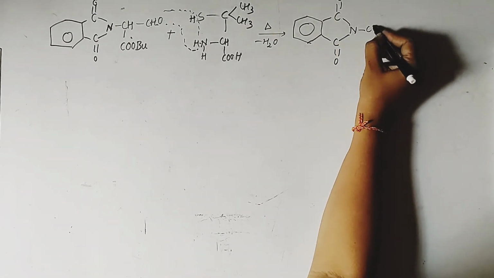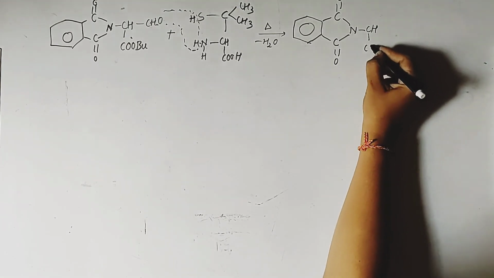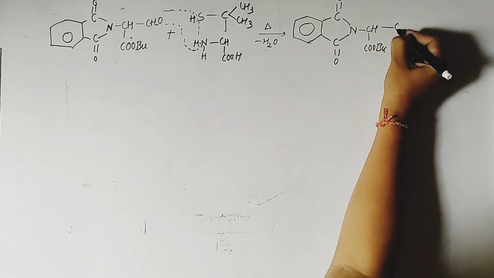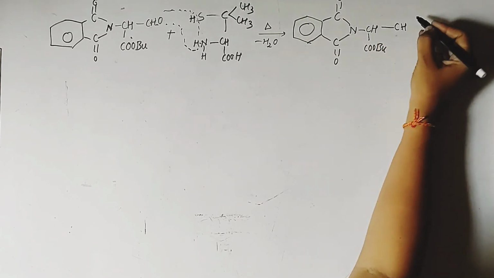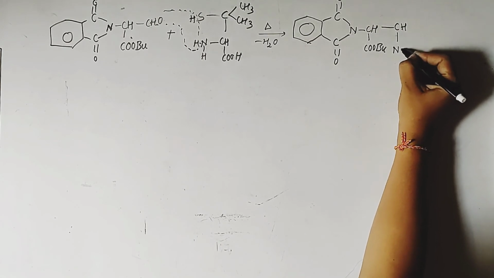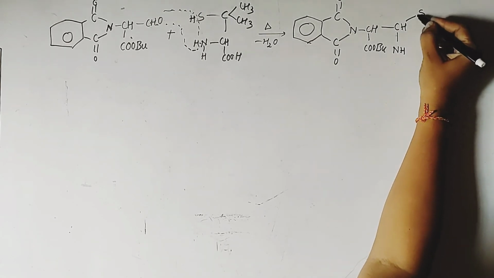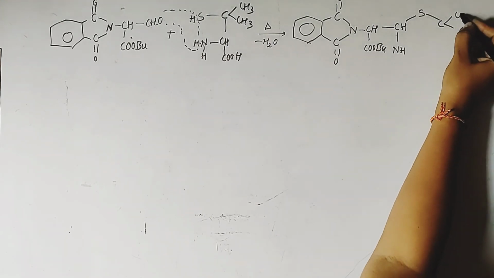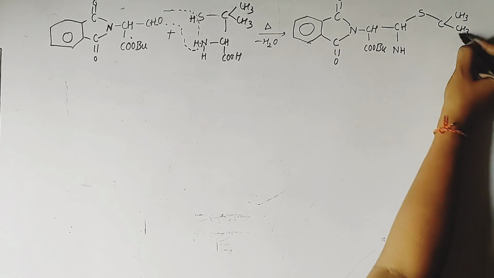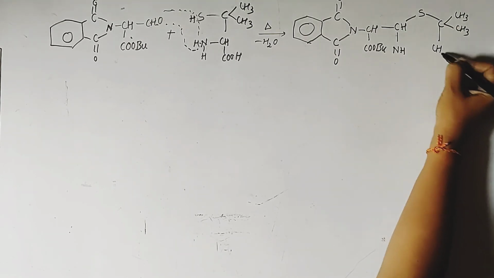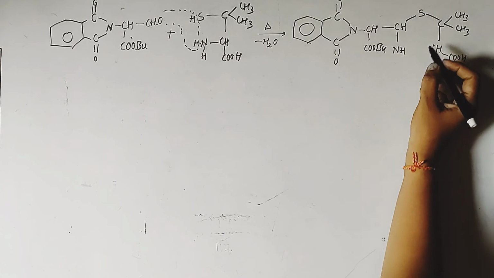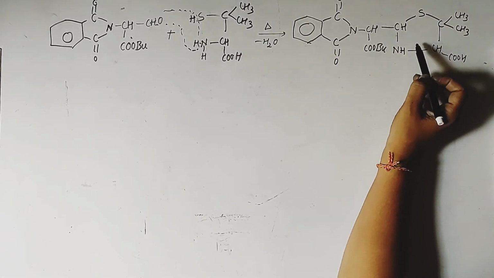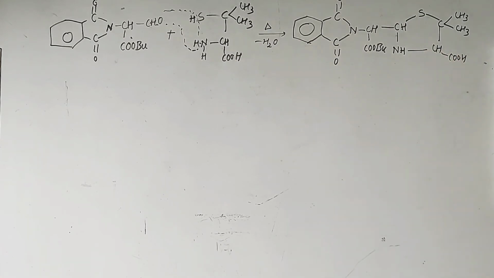Now nitrogen to carbon, and here we have tertiary butyl group in this side, and now we have the carbon which has formed the new bonds with nitrogen and this sulfur. So here the sulfur to carbon bond is there which is having geminal methyl groups, and here we have CH, COOH, and this side one bond. So now we have the 5-membered ring, that is thiazolidine group. Now